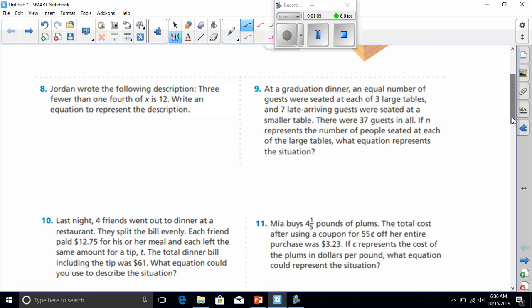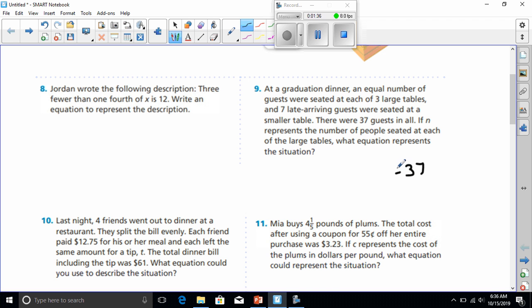Let's go to number 9. At a graduation dinner, an equal number of guests were seated at each of 3 large tables. And 7 late arriving guests were seated at a smaller table. There were 37 guests in all. If n represents the number of people seated at each of the large tables, what equation represents this situation? Well, we know that there are going to be 37